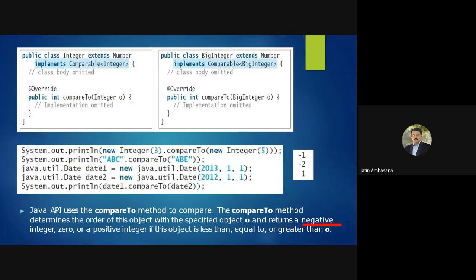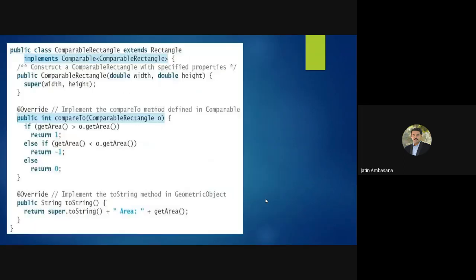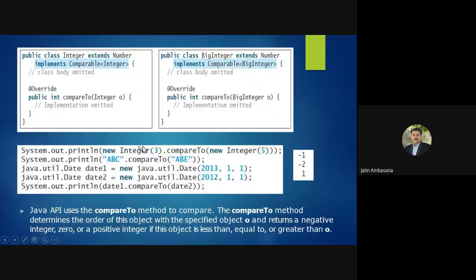Negative if the object is less than the object O. Similarly, 0 is returned if it is equal to object O, and a positive integer is returned if it is greater than object O. Okay. So that is a simple use of the Comparable interface and compareTo method.